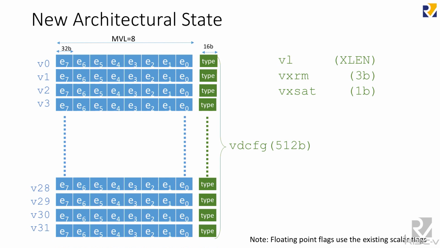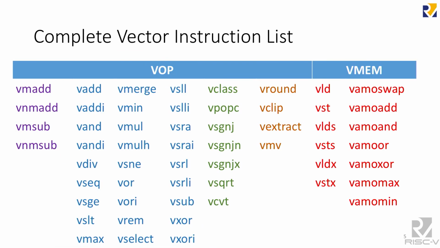Next to each vector, we got a type, and you will implement 16 bits, maybe a few less if you're smart, next to each register that says this register contains a float 32, or this register contains an integer 8, or whatever, right? And then you also implement the VL register, which is XLEN, and a couple more bits for fixed point rounding mode and saturation. Okay, now that you have that new state, you've put that state in your CPU, what instructions